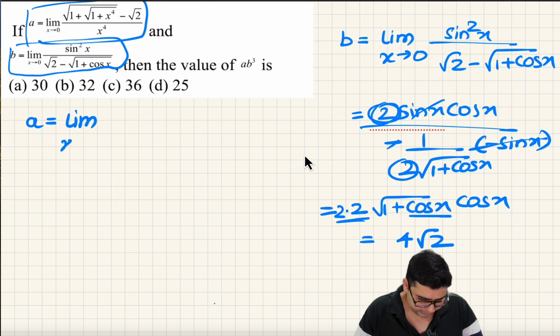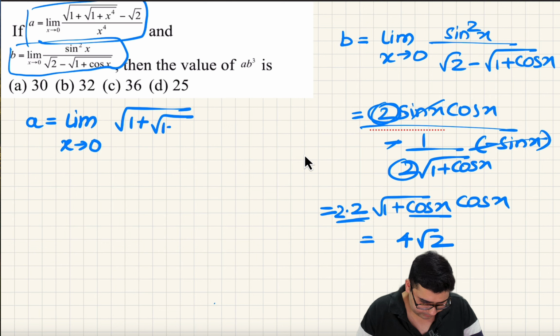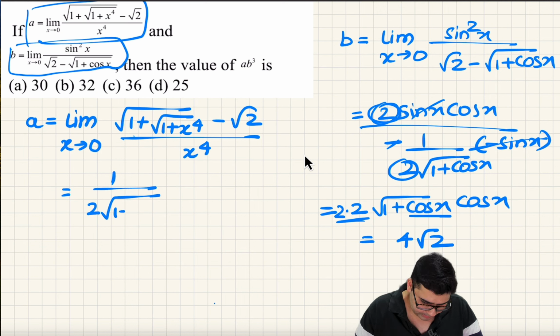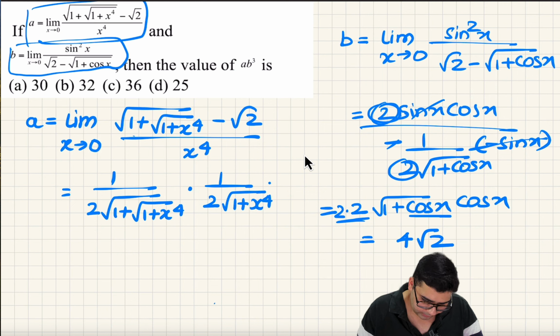a nested value है square root में, इसलिए it's under root of 1 plus under root of 1 plus x to the power 4 minus root 2 upon x to the power 4. Let me apply LHR here again, because I know that this is root 2 minus root 2 upon 0, 0 by 0 form LHR. So the derivative would be 1 upon 2 root 1 plus under root of 1 plus x to the power 4 into 1 upon 2 root 1 plus x to the power 4 into 4x cube